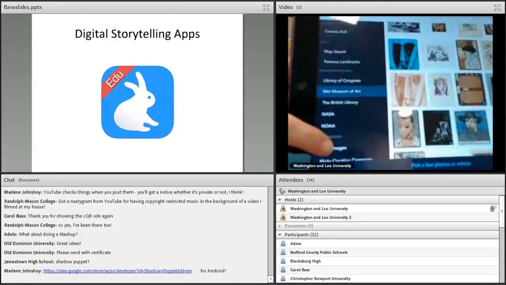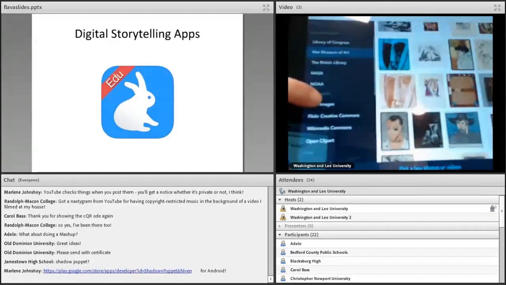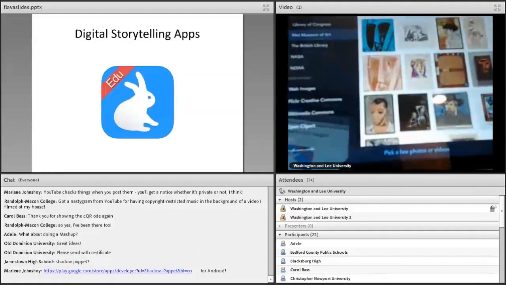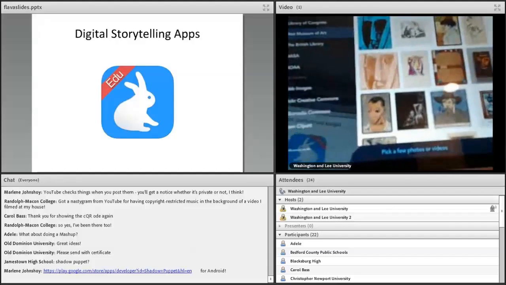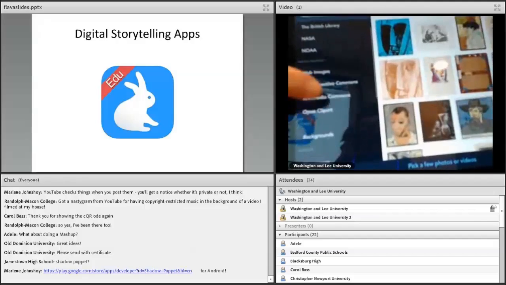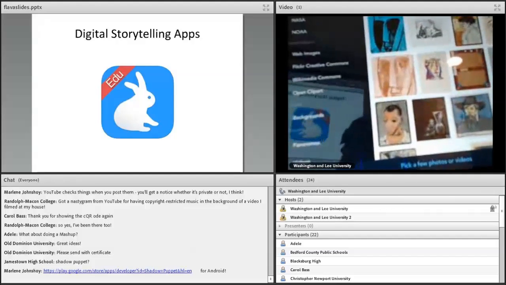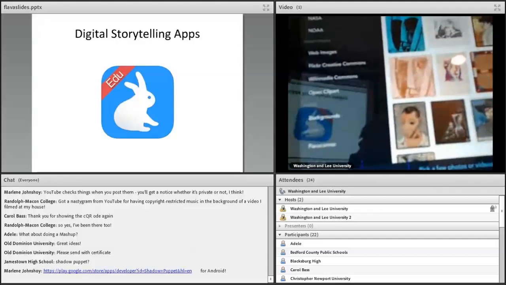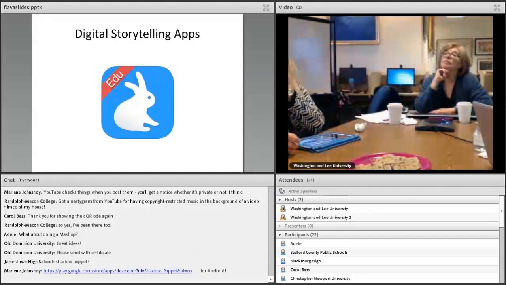The Library of Congress, Met Museum. That's where I am right now. I did a search for Picasso in the Met Museum, and it pulled up all of these images. And NASA, NOAA, British Library, Wikimedia Commons, Open Clip Art. So if you haven't played with Shadow Puppet, you need to.